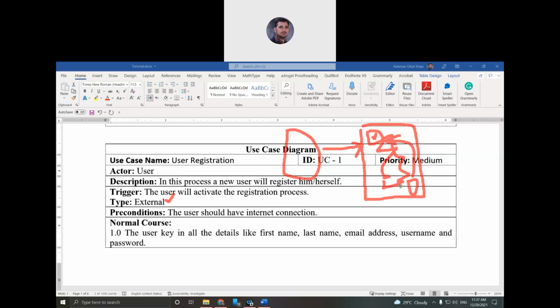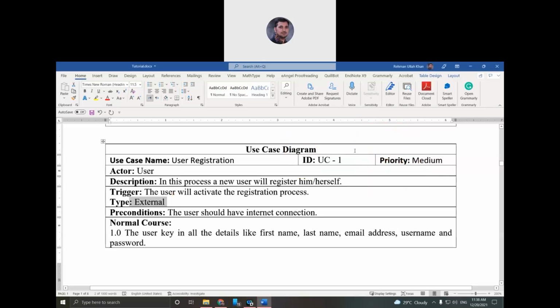If this is the scenario, then it will be internal. I'm repeating again: if one application activates another application, at that time it will be internal. But if the application is activated by a user outside the application, so the user is physically outside the application, this is why we are using external.